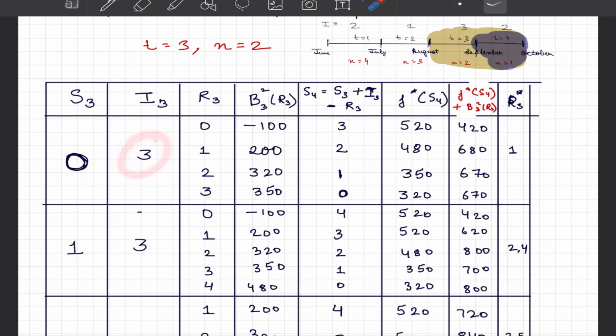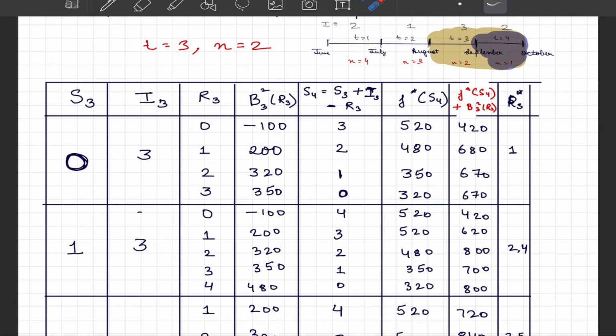The amount of precipitation that we are going to receive between August and September is given as 3 units. So the input is going to be 3. Now when 3 units of water are available and the storage is 0, our possible releases could be 0, 1, 2 and 3, and we get the benefits associated with all these releases. Now we have to be very careful here, because whatever decision we make with the release of 3 is going to impact the state at the beginning of September.